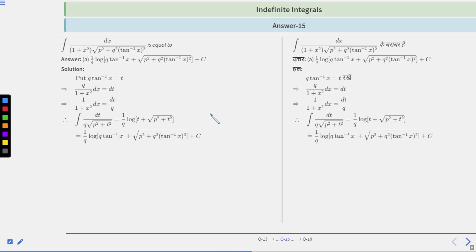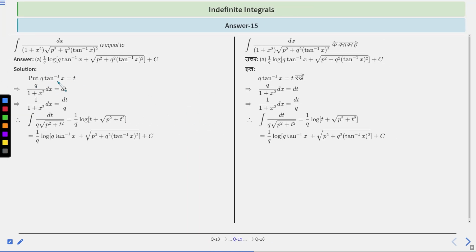Okay, let's move to the solution part. As we have discussed, you can put q tan inverse x equal to t. Therefore q upon 1 plus x square dx is equal to dt, right? This implies 1 upon 1 plus x square dx is equal to dt upon q. Therefore the integration can be converted in terms of t as integration of dt upon q root over p square plus t square, which by the formula, with 1 by q out as it is constant,